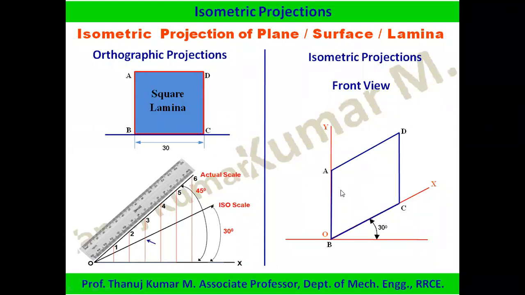You can see the shape, this image is a reduced one, though it is seen as a bigger one. Only to make you understand, I've drawn it big, but take this distance in the isometric scale. This distance you have to take, and you have to draw it here on the angled line of 30 degrees. Okay, then you can construct it. So this becomes the isometric projection of the front view. You can see this is the isometric projection of the front view. Okay, this is how we draw the front view of the isometric projection in the square part.